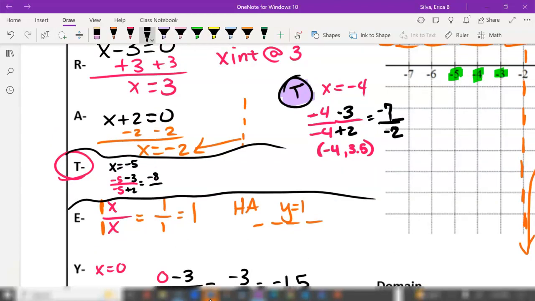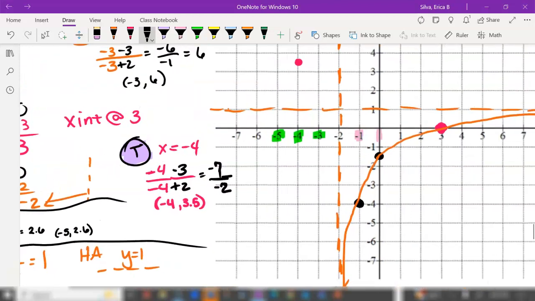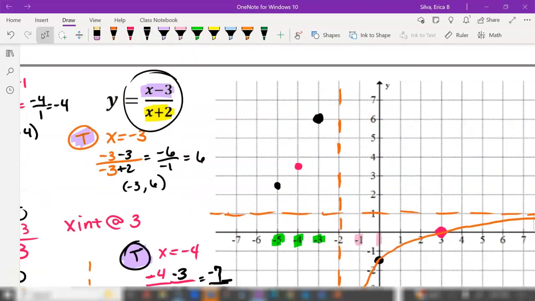That gives us negative 8 over negative 3. That's approximately 2.6. So this point will be negative 5 and then positive 2.6, which is about over here. So from here we have enough points to go ahead and graph it where we get close to the asymptote,